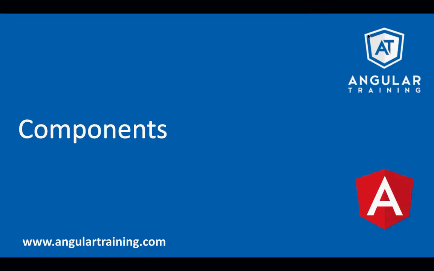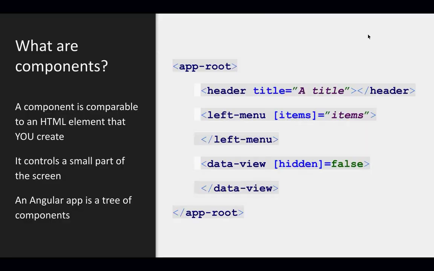So now I'm going to talk about components, because components are the most important thing to know about Angular. What a component is, it's really our own custom HTML element. When you create a component with Angular, you're creating your own HTML element. So if you know HTML a little bit, you're familiar with div and a and all of these different tags that we have. When I create a component, I create my own tag. I give it the name I want, and it's going to be in charge of a small portion of my screen. That's what a component is all about.